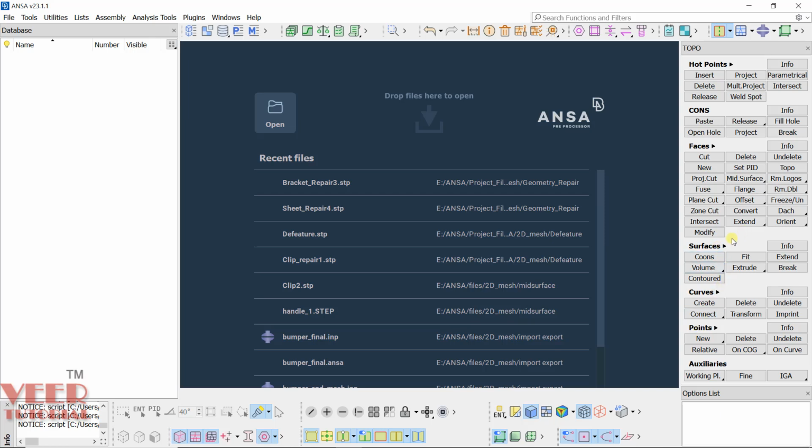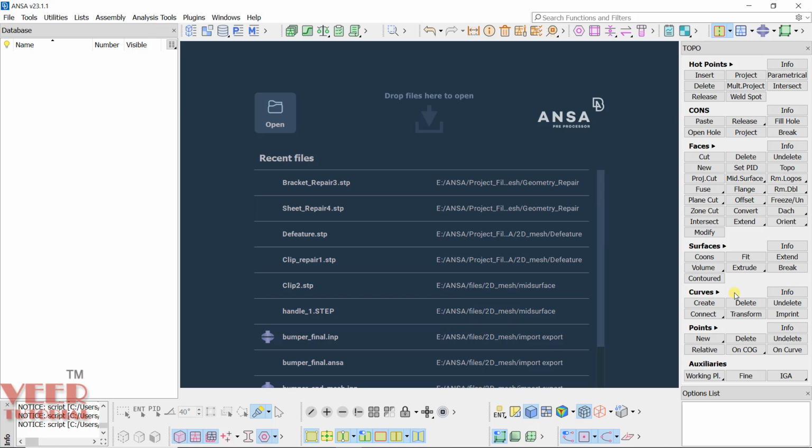Along with this, if you click on these arrows, you can see there are more commands. These are all commands for geometry editing or geometry cleanup. So rather than learning each command one by one, we will do this with a project work. Initially, let's understand why there is a need for this geometry cleanup work.